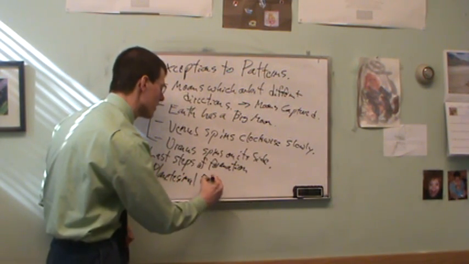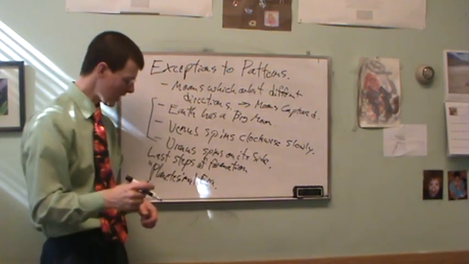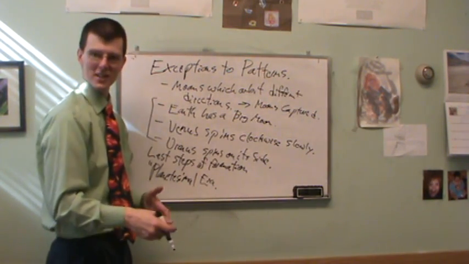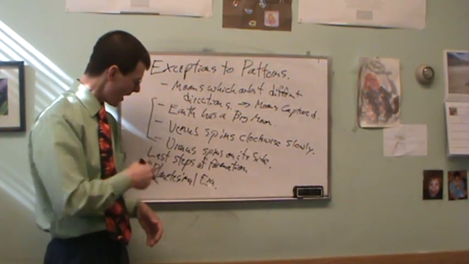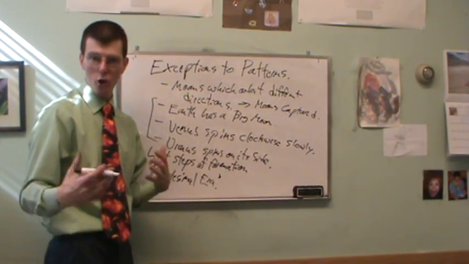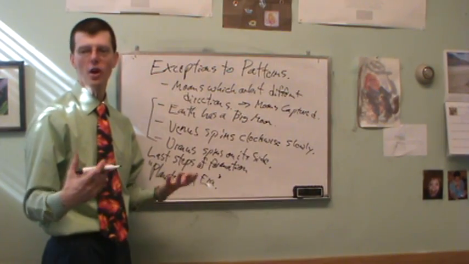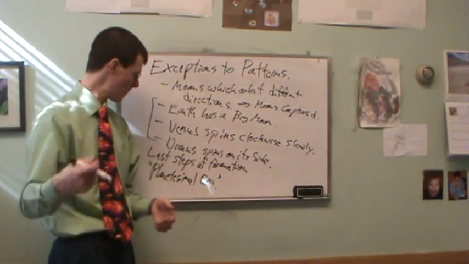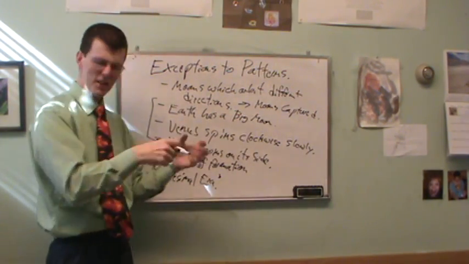We call this the planetesimal era. You know, it's not the planet era, it's the planetesimal. It's a tiny little bits of planet sort of era. And during this planetesimal era, you have big things going around smashing into each other. And so this makes sense that some big thing is going to hit Uranus and knock